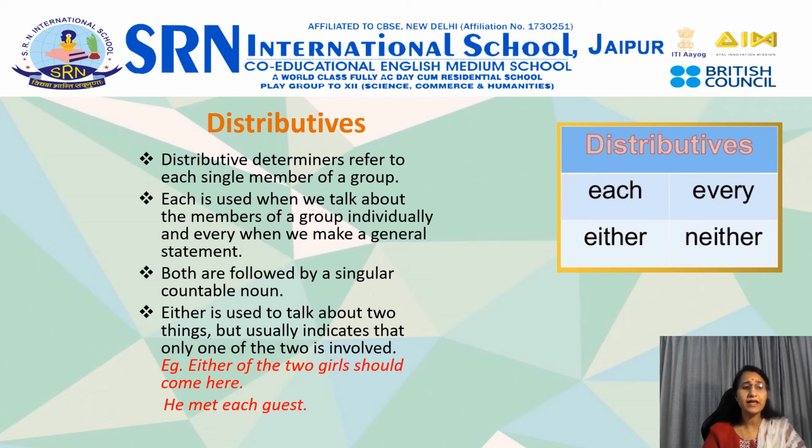Neither is the negative of either. Like you can say neither member came to attend the meeting. Either can also mean both sides, and if you talk about one of the sides, you can say people stood on either side of the road. So this is the way we can use either, or, neither, nor. That can also be used in a pair when we are distributing things.